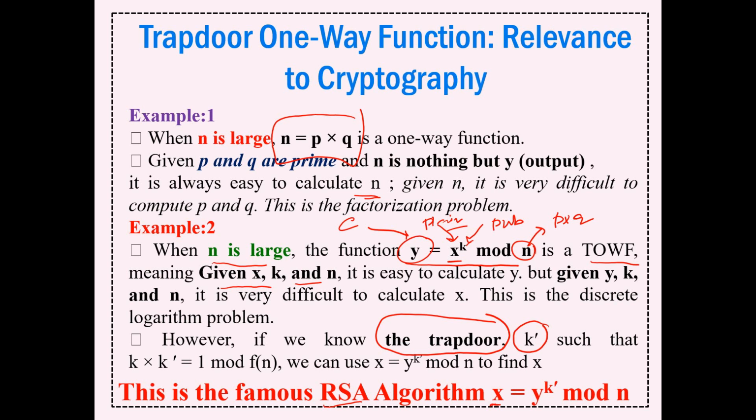How can you do it? Only if you know something like k prime. If we know the trapdoor function k prime, which happens to be the private key in our case, then only can we decipher. Other than that, it's not possible. This same principle is applicable